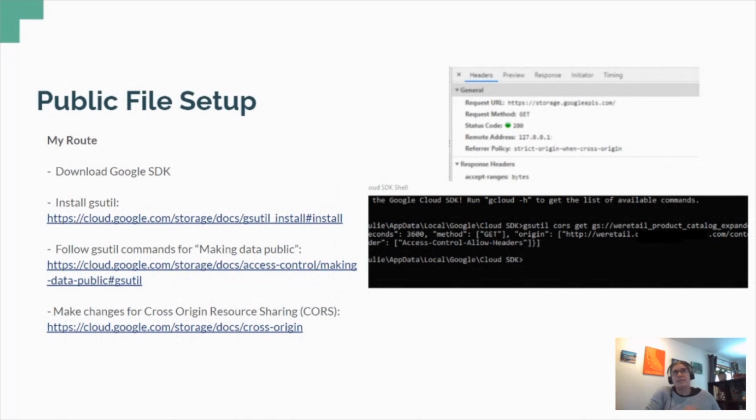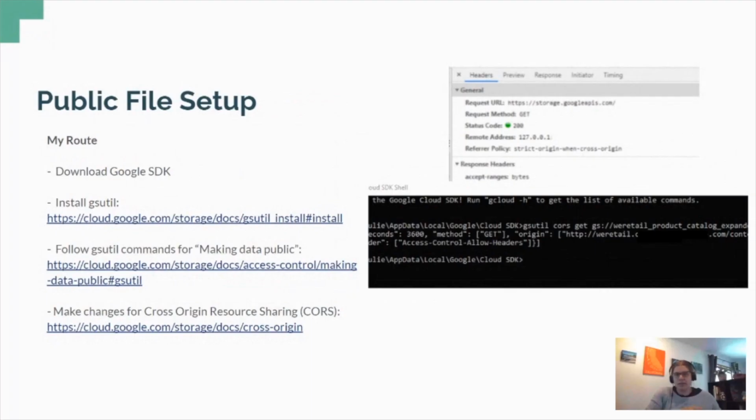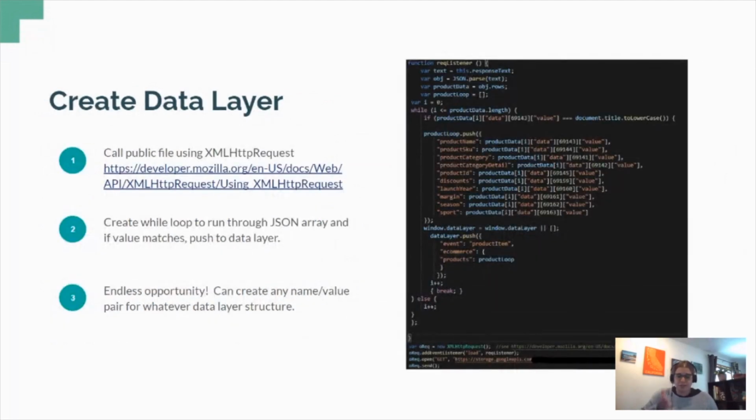If you don't, you could still run this, however, you're going to see some warnings on your network request. So once you account for that, in this screenshot here, I'm just saving it locally. However, you could save it in a different way, but eventually we want that 200 green dot GET status recorded when we call our file. So after we created the JSON object and moved it to the cloud, the file is public now in the cloud.